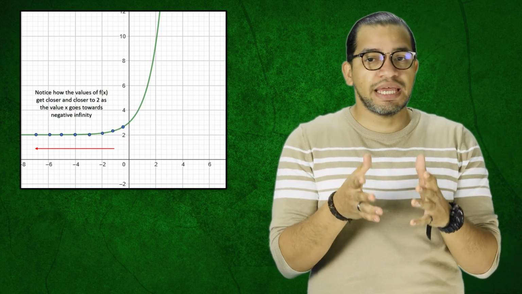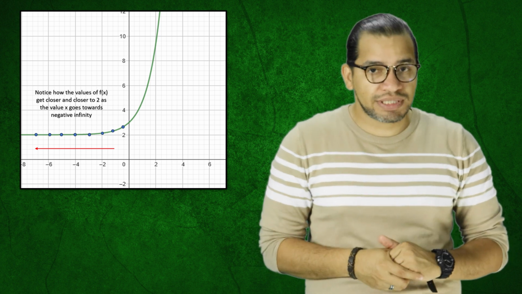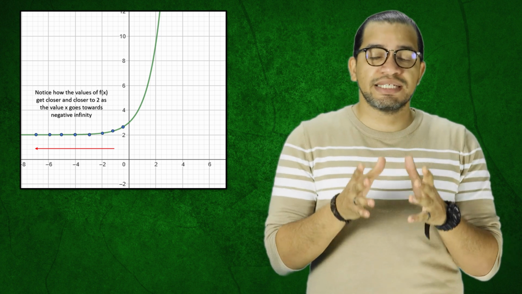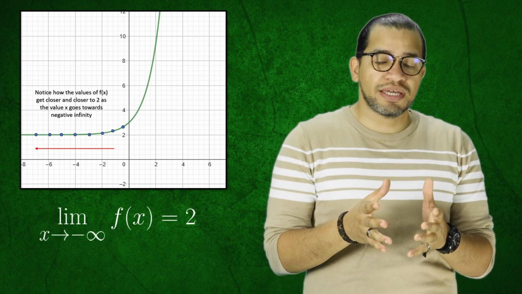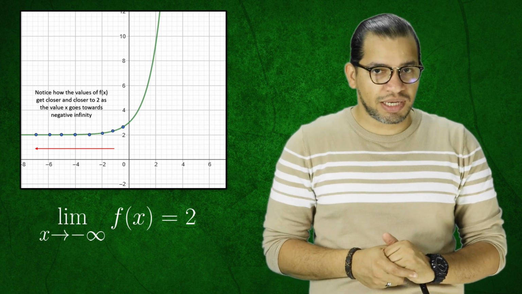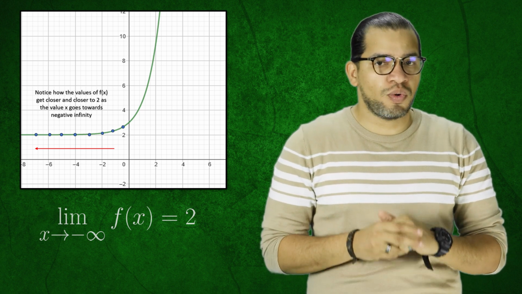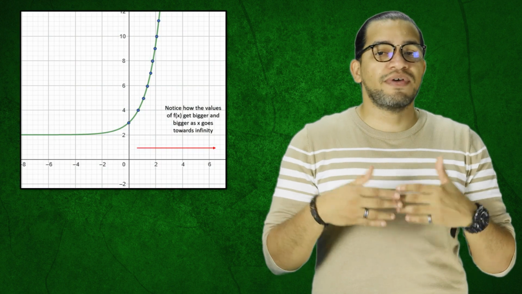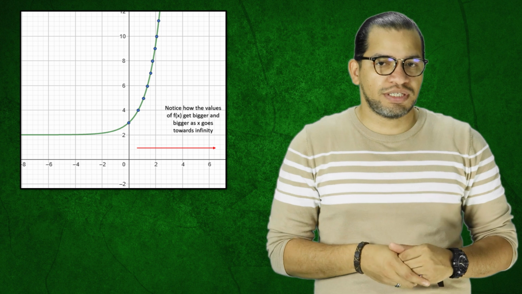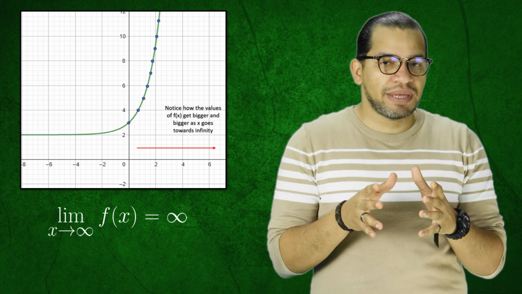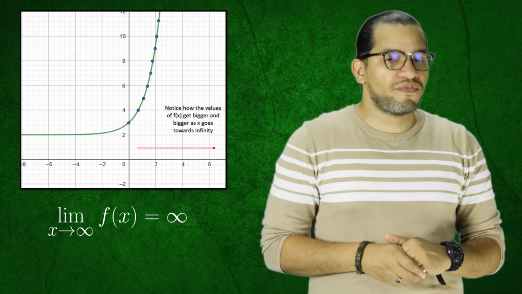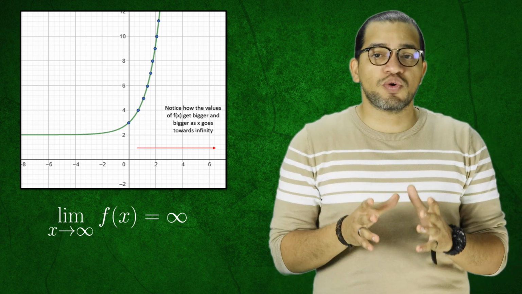As we can notice, if x decreases without bound, the tendency of this function is towards the value y equals 2. So the limit when x goes to minus infinity of f of x is equal to 2. Now, if x increases without bound, y also increases without bound. So in this case, we say that the limit when x goes to infinity of f of x is equal to